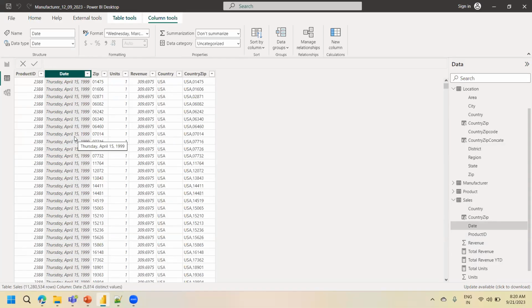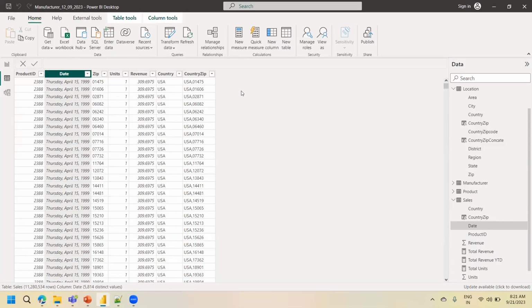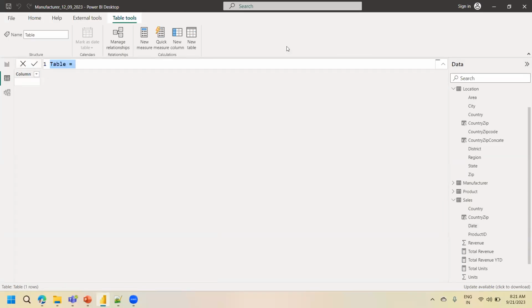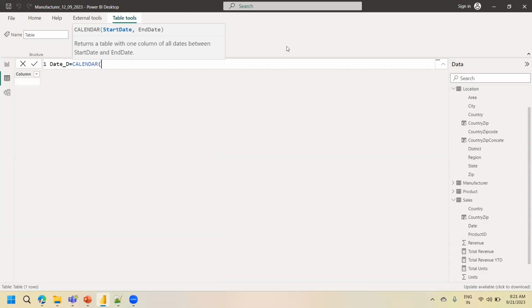How can we derive a separate date table? See this. With the help of the new table concept, I will try to generate a date table now. So Date underscore, maybe just giving the name, DAX is equal to CALENDAR. Calendar is one more DAX function. So we have to provide the start date and end date. So I'm going to take the reference of the sales table date column. So here I'm taking the reference of calendar, first date of,